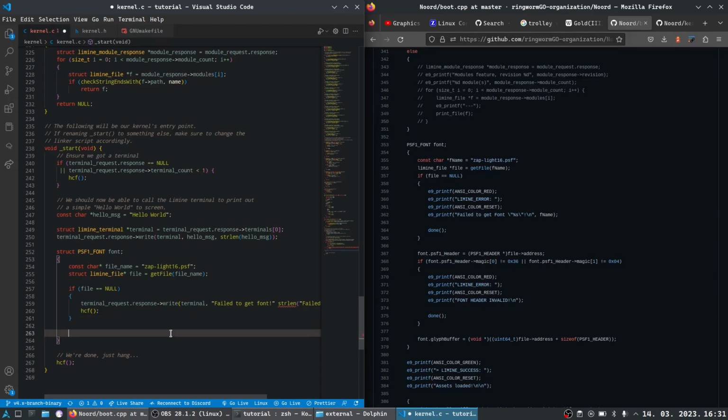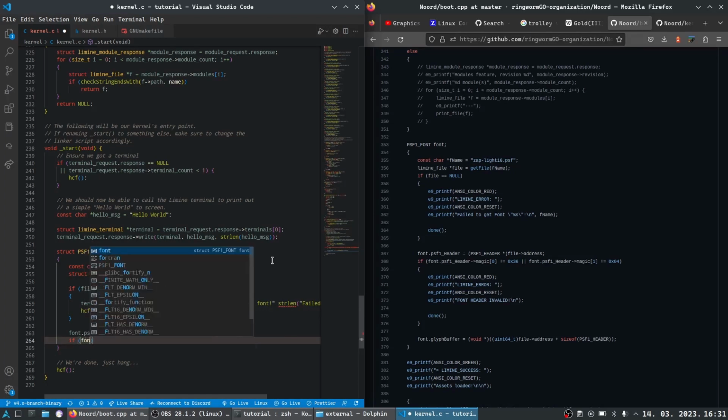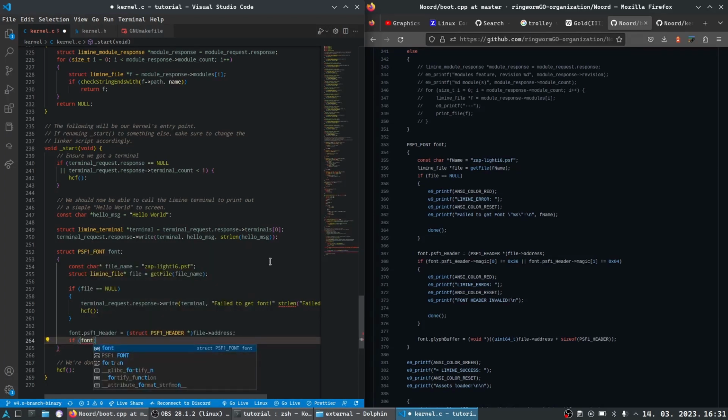And okay, let's go. So font.psf1 header is equal to psf1 header pointer to file address. So psf1 header is equal to file dot address. Struct here, I almost forgot. Get address, and then if font, now we are checking is this the right font for us. Font.psf1 header